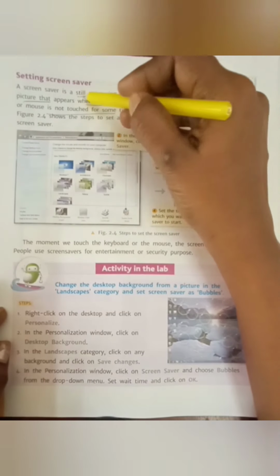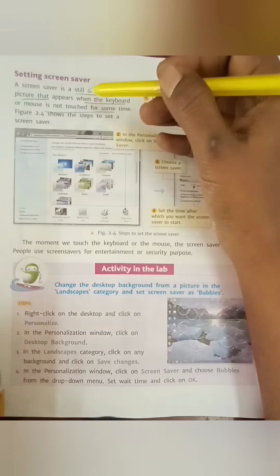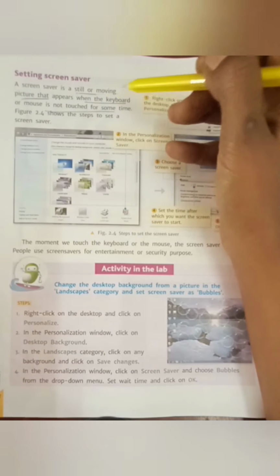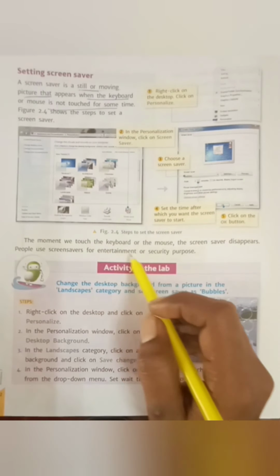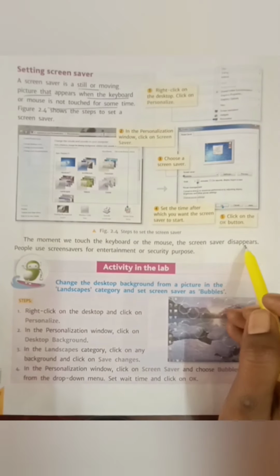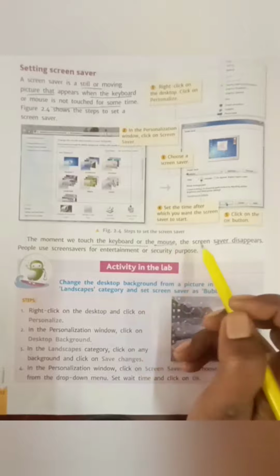The moment we touch the keyboard or mouse, the screensaver disappears.